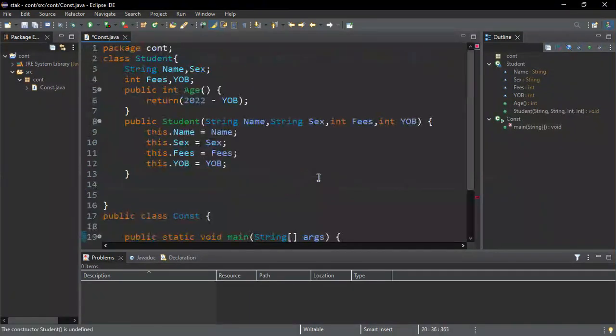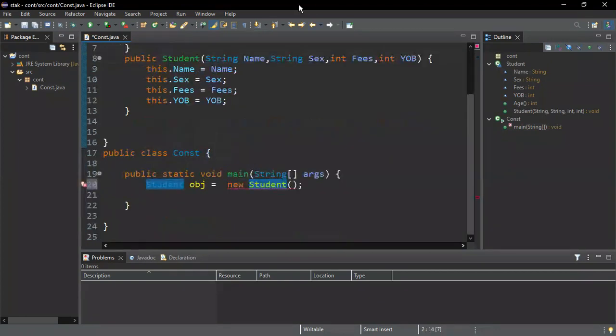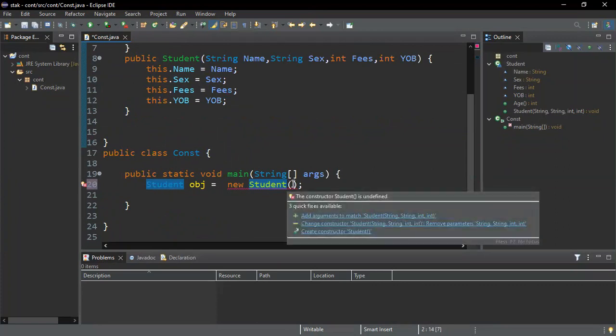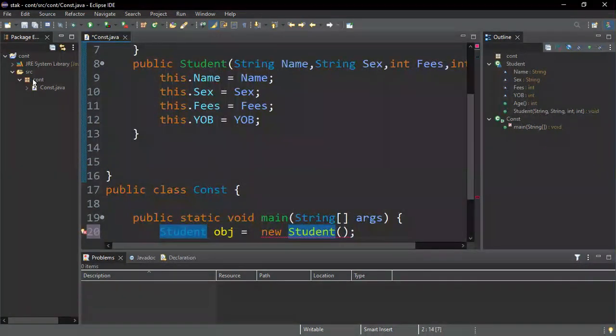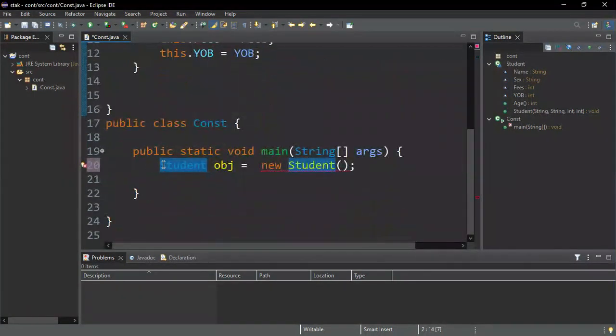Yeah. So I want you to recall we have a constructor, and at the same time we have a class. These two have the same name. So at object creation of that class, if you have a constructor, it is where you have to do initialization. That's why you're still seeing this error here. If you have a class, we have created an object from this class Student, and this is the object name. So we have to assign values to the variables